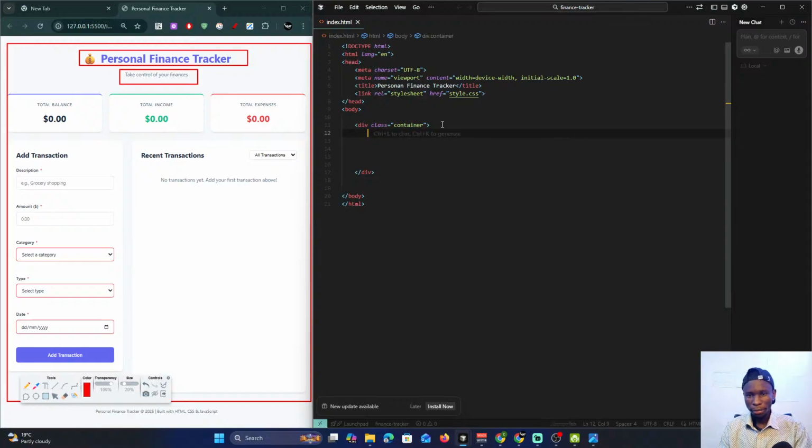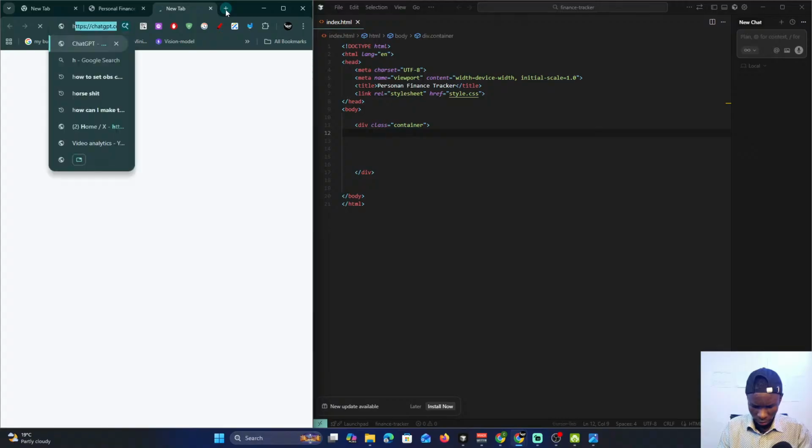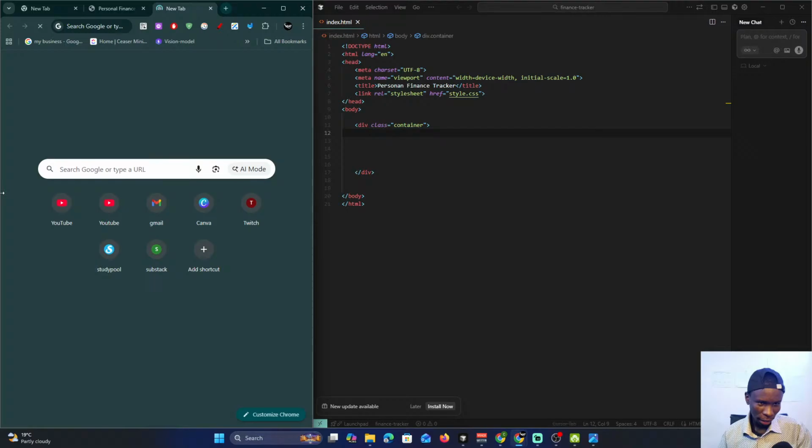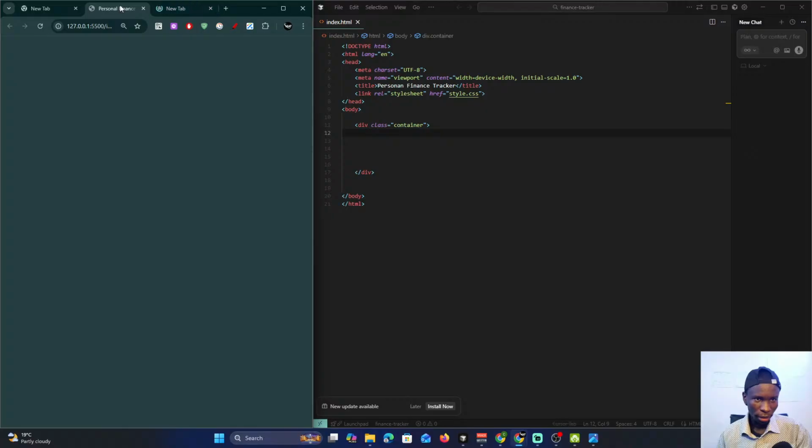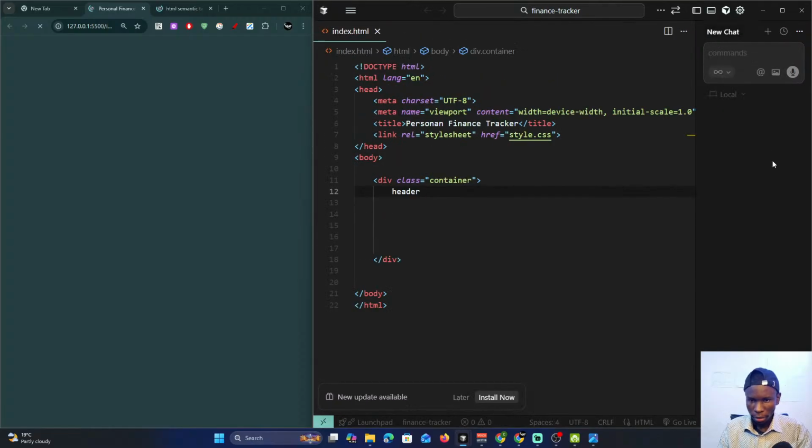So I think if you have learned a little bit of HTML, you know of the HTML semantic tags. I think it's a little bit slow, but I think you've learned something to do with the semantic tags. So that's what a header is, one of those semantic tags. Okay, so header. I'll try to expand this. So for the header,